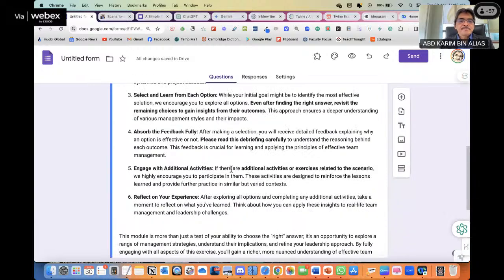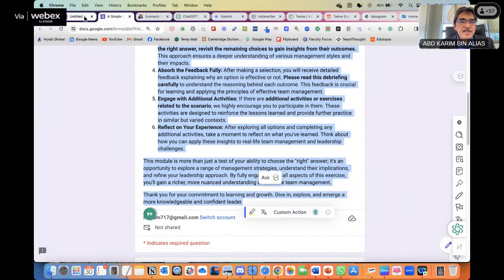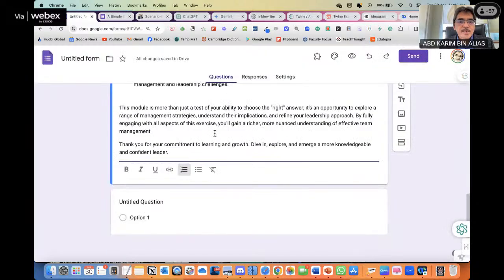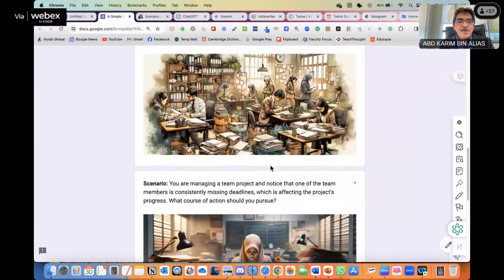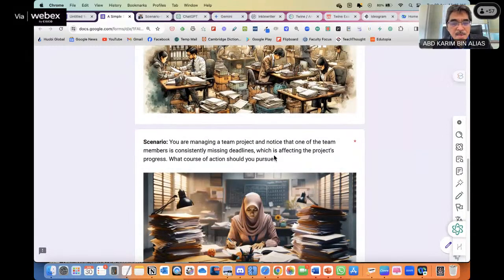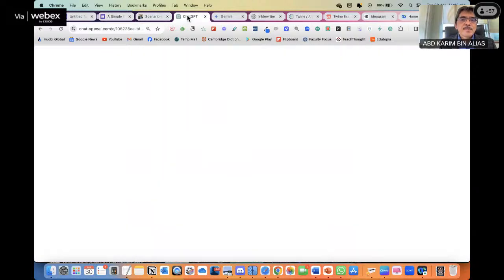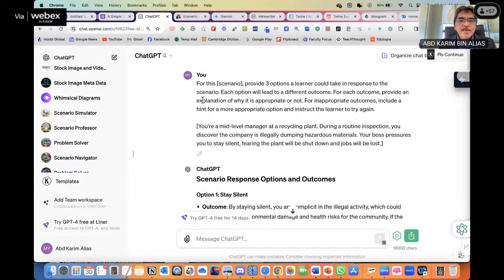Okay, now if we follow this example, let me put it side by side so that we can switch between this and this. First, we have to start by presenting the scenario. So let me put the ChatGPT here. What is the scenario?